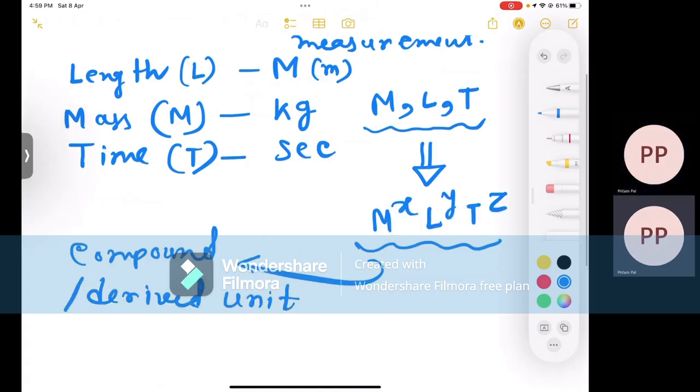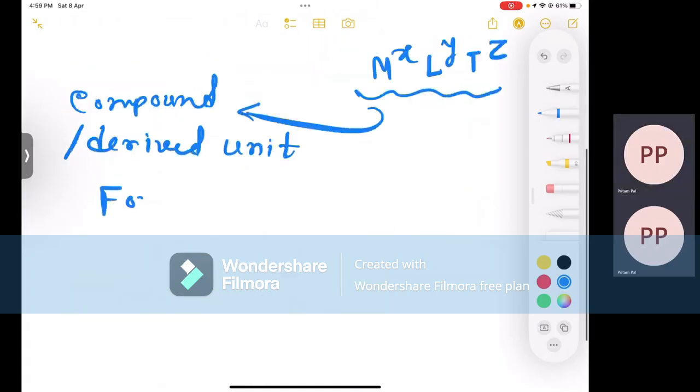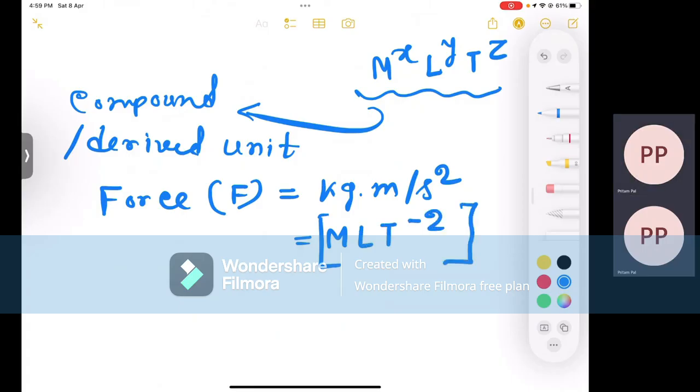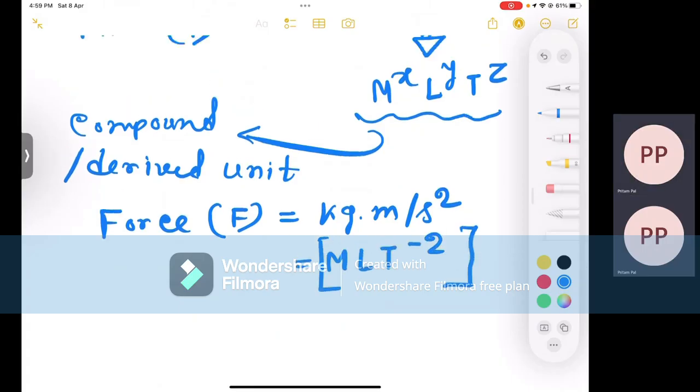Like force, as one of the examples, right? Force is nothing but kg meter per second square. It's mass times acceleration, right? So if we discuss, it will be M L T to the power minus 2. That's why these are not fundamental. You can compose the thing